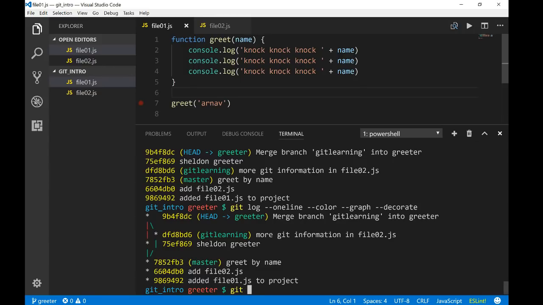You can add an alias like this: git config --global alias.fulltree. It shows you the full tree, right? Git config --global alias.fulltree,